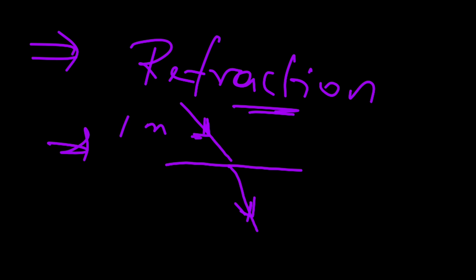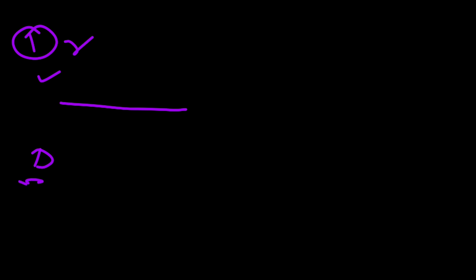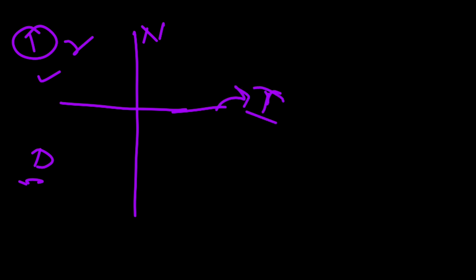Right? We discussed earlier about it, and we also discussed refraction at plane surfaces. So let me revise those. In plane surfaces, we discussed the rarer medium and the denser medium. What is called a rarer medium? If the speed of light is more in a particular medium, that medium is considered a rarer medium. If the speed of light is lesser, that medium is considered denser. So let's imagine a line, an imaginary line, which is the normal, and this is the interface.